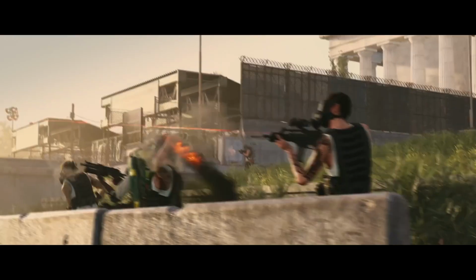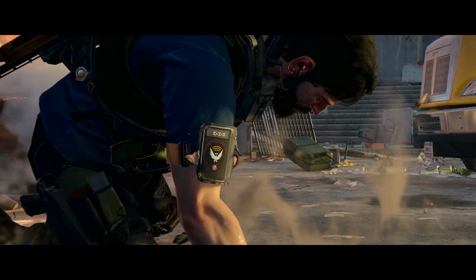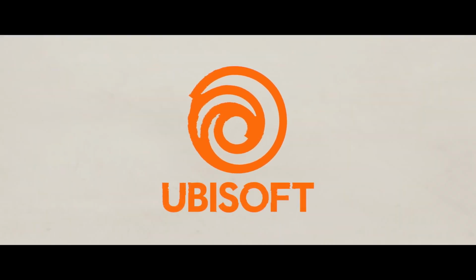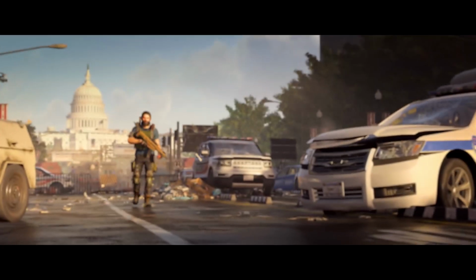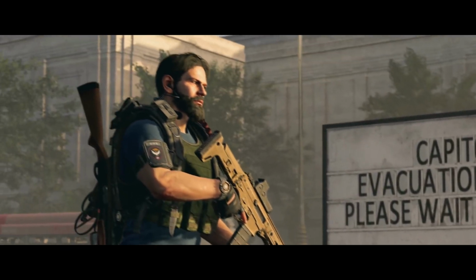GameStop is doing some pretty good deals. They've got the Division 2 down to $30, so that's pretty good. That deal has been regularly available, and as you guys are going to see when I go through the Best Buy deals available at Best Buy as well. They've also got a little bit of a pre-owned sale going on right now, and some good deals are to